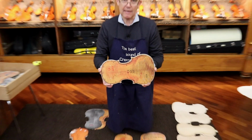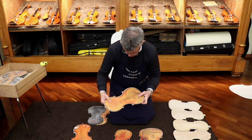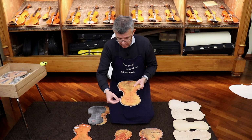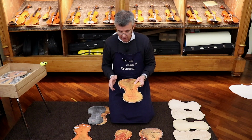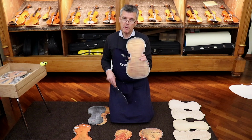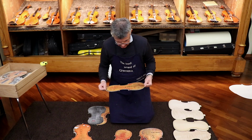The Stradivari is a classic 35.5 or something like this, yeah? And the millimeters here, I would say that the Ysaye is a large model, and it's altogether, let's say, 4 to 5 millimeters larger, okay? And I can tell you already that the Ysaye is probably one of the largest Stradivari. But if you just line it up the middle to the middle,